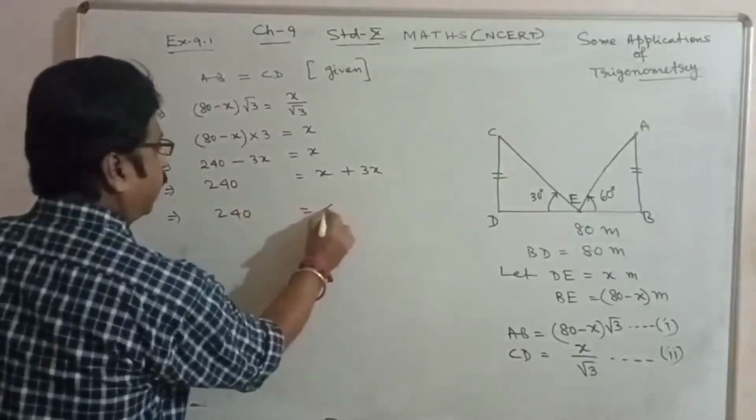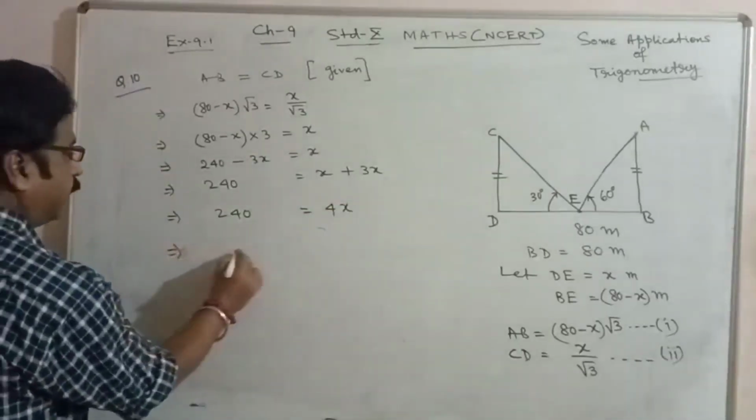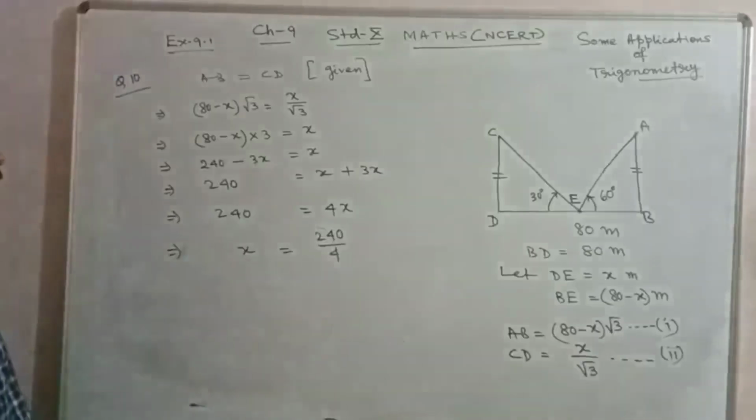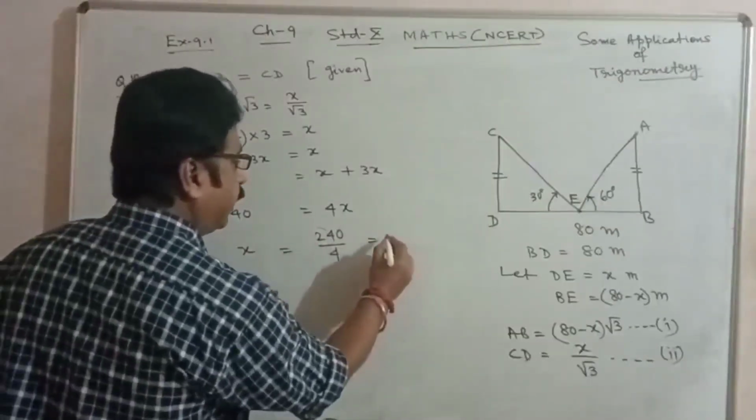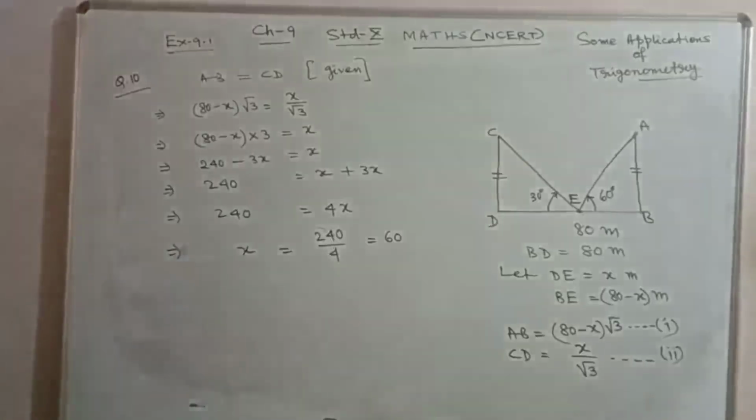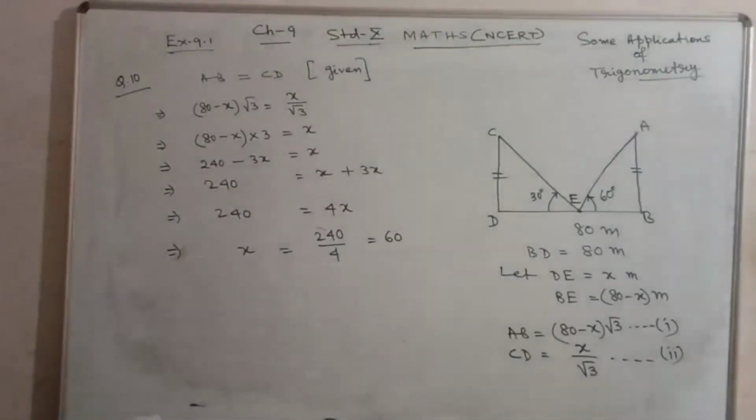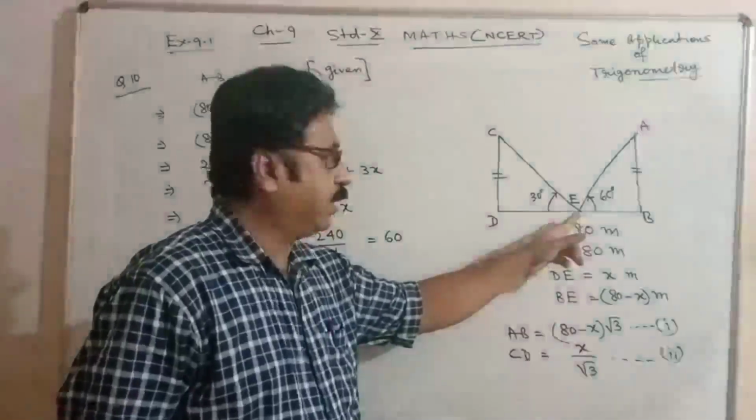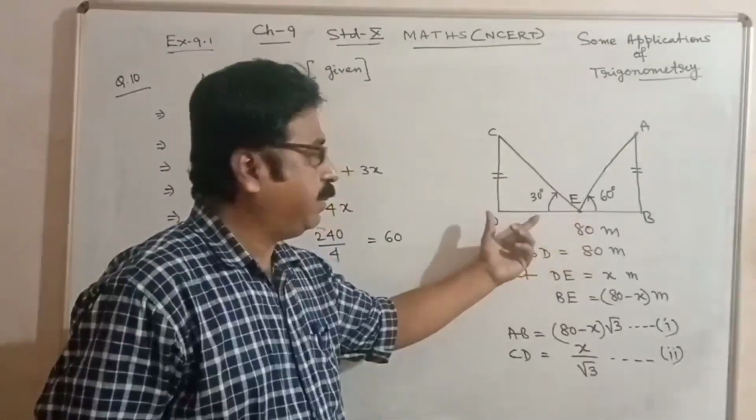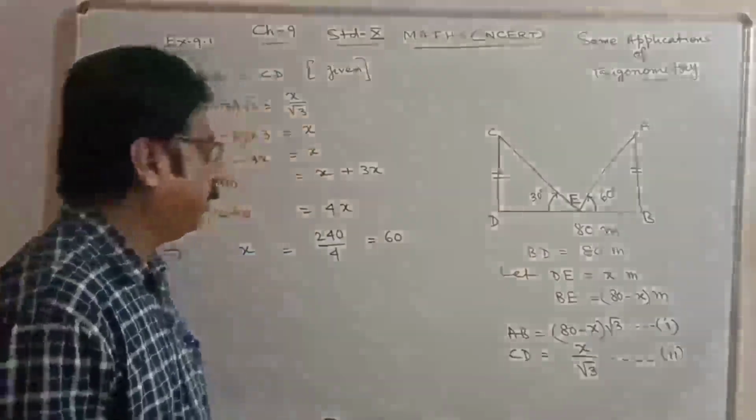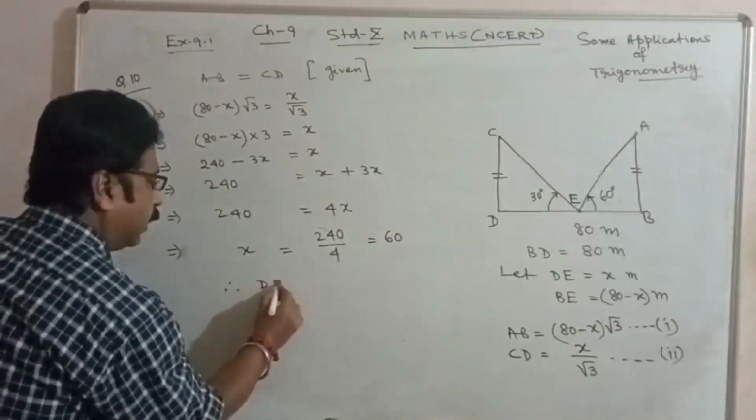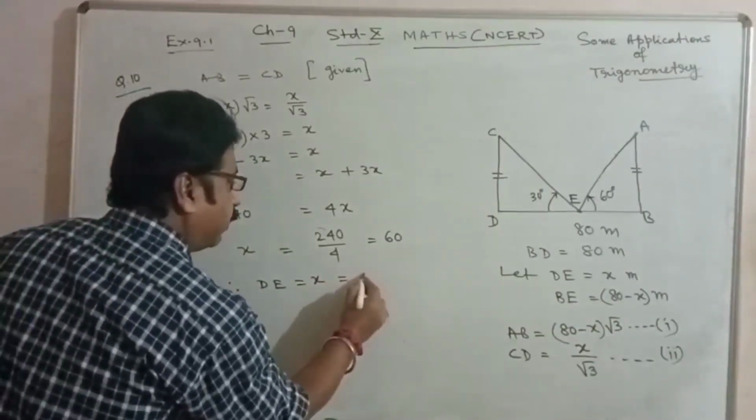240 equals 4x, that is, x can be written as 240 upon 4. It will be 4 6 are 24, 60. So we got DE is 60 meter. DE means the point is located 60 meter away from one pole. Therefore DE equals x equals 60 meter,